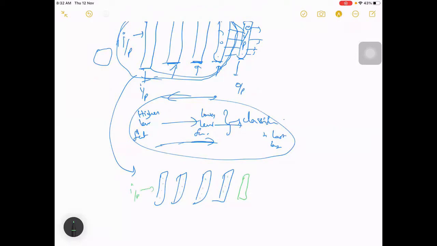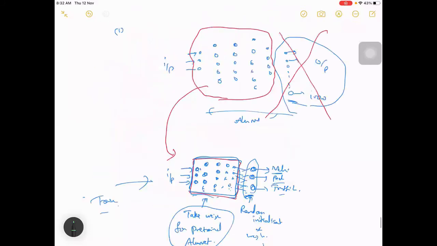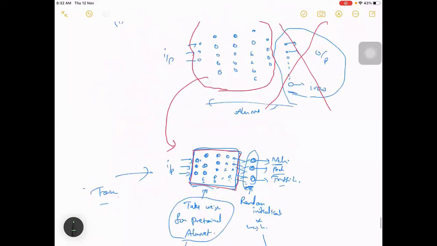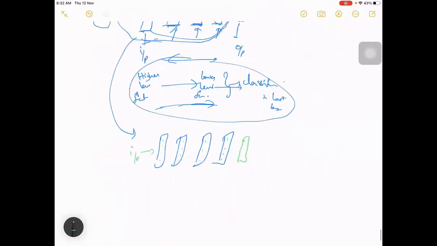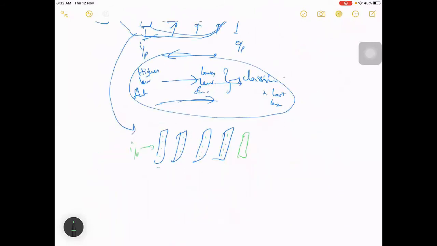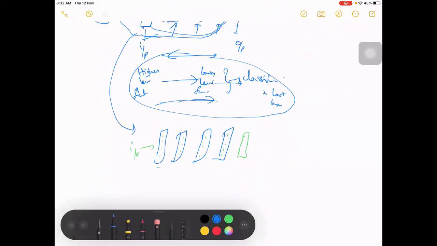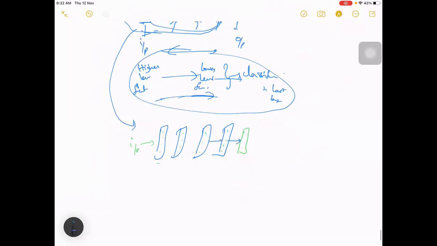It will already know how to extract the features, because it is already trained on a different kind of database. It has looked at so many data, so it is already a very good feature extractor. So we add this new layer, and to this new layer we add the output, and we get it.